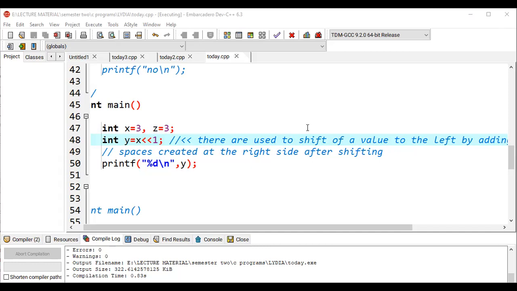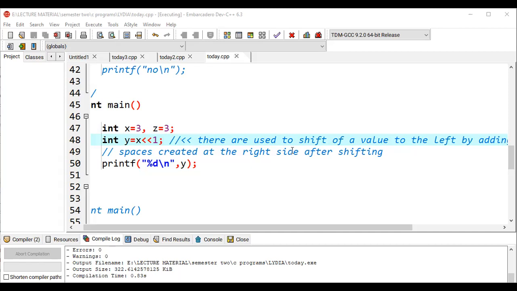I think these are used to shift the bits of a value, and we say that each character has 8 bits. So they're telling us that it is easy to shift the bits of a value to the left by adding zeros to the empty spaces created at the right side after shifting. So they are telling us that